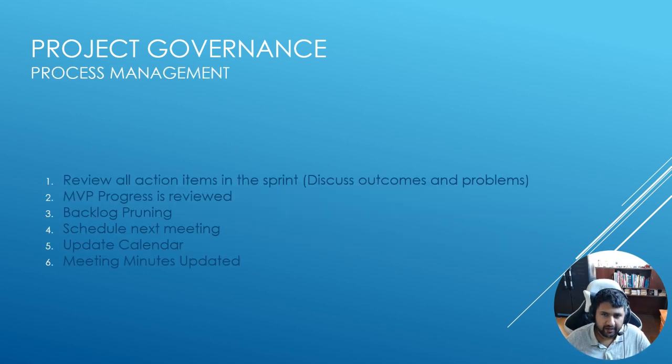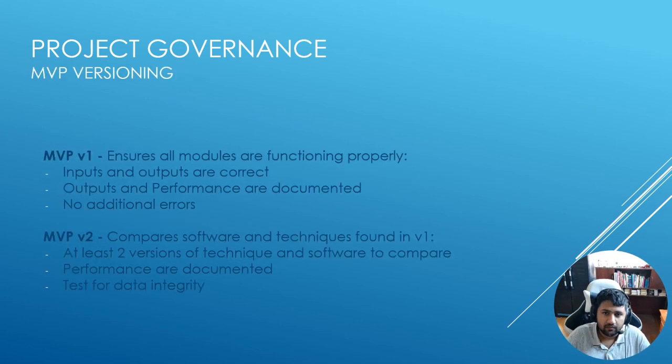Within these sprint meetings, as stated previously, we discuss the progress we've done currently, any problems that we may be facing. We discuss the MVP progress to see if we're on track or if we may need more time to complete the tasks. Any tasks that are redundant due to changes are removed from the backlog completely, and we schedule what day our next meeting is. Usually it's one on the weekend and one on the Tuesday. Any information discussed is noted and sent to everyone to ensure everyone knows what everyone else is doing.